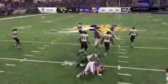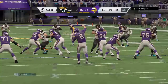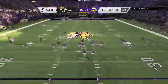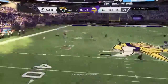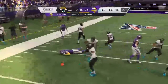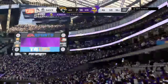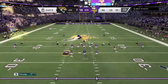Cousins throw complete to Thielen. And he gets this one just shy of the 40. They'll mark him down at the 39. 10 yards, and it's good for a Viking 1st down. So from the 39 now, they'll come up on a 1st and 10. Throwing on 1st down, but this one winds up to be incomplete. Tried to go back again to Adam Thielen, and that'll bring up 2nd down. So line of scrimmage still the 39 on 2nd and